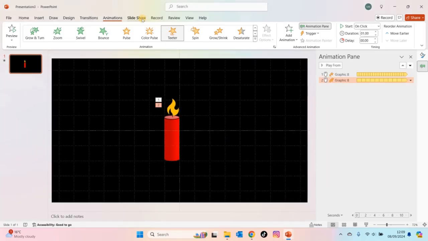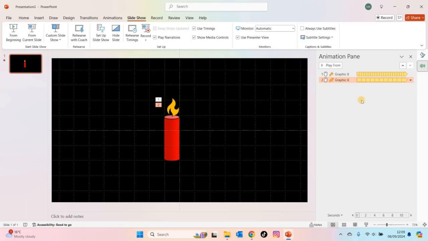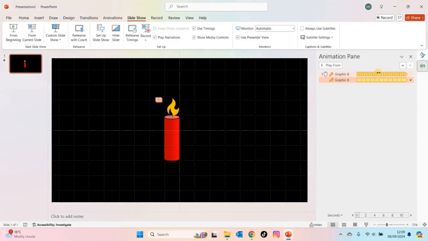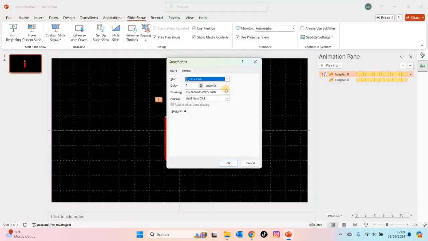So let's have a look. Hold on, before I do, I want these to happen at the same time. So click the right button, start with previous, so they're all happening at the same time, and let's see what that looks like. So here we go, and that's it, in and out, in and out, in and out. Very flickery. You might decide that actually that in and out is probably too much, probably too fast. Probably is. So I'm going to slow that down a little bit to 1 second,